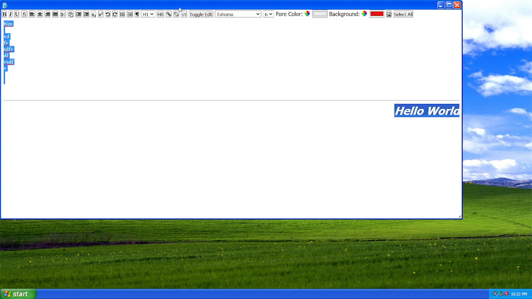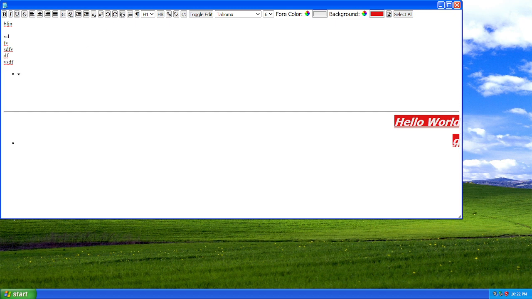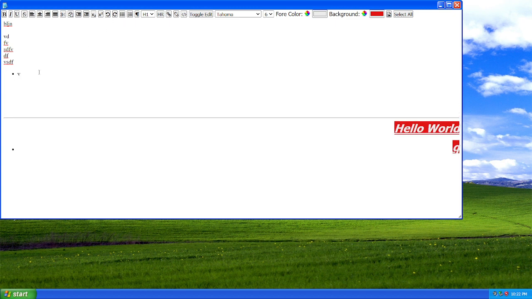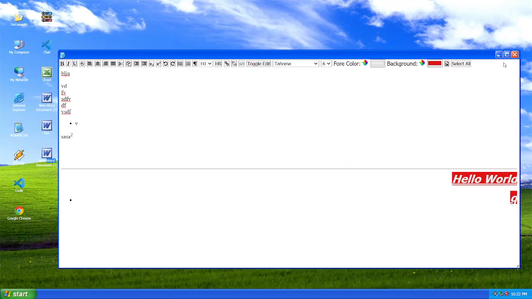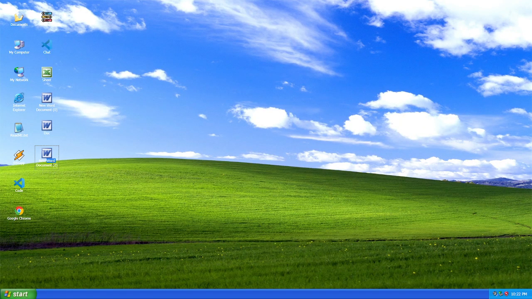You can also copy the HTML code of all this, and do all the things like adding bullet points, or adding something as subscript or superscript, etc. Let's close this. You can also delete them like this.